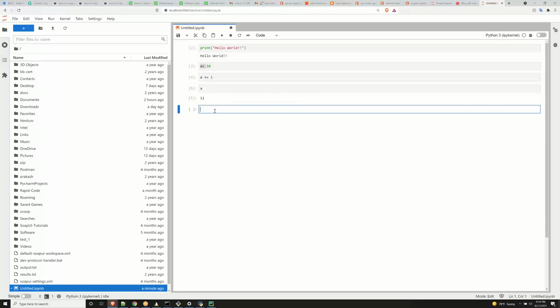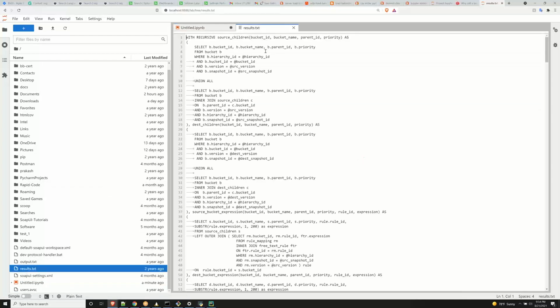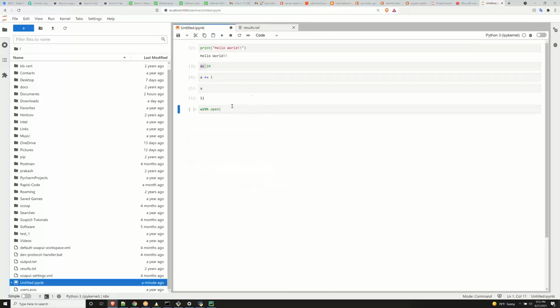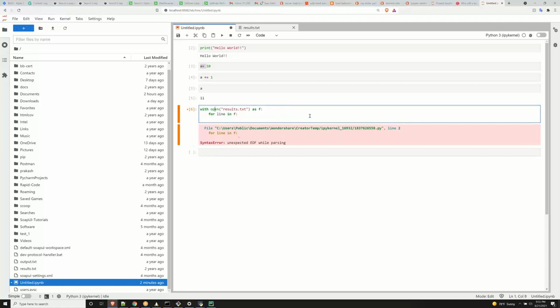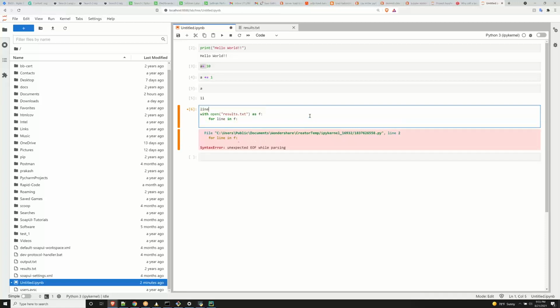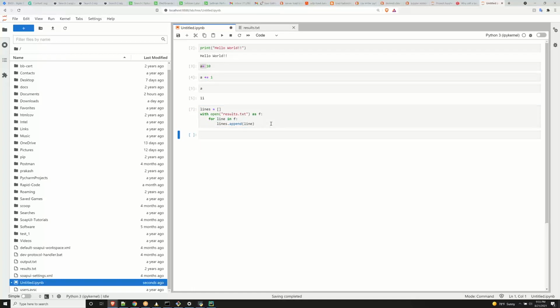Here I can say with open, let's say I want to open a huge file. Let's say I open this results.txt. So I'm going to open this file called results.txt as f, for line in f. So here what we are doing is